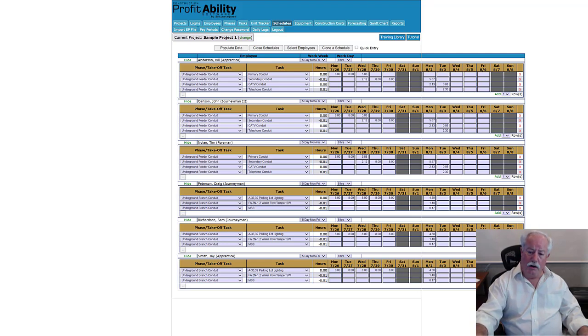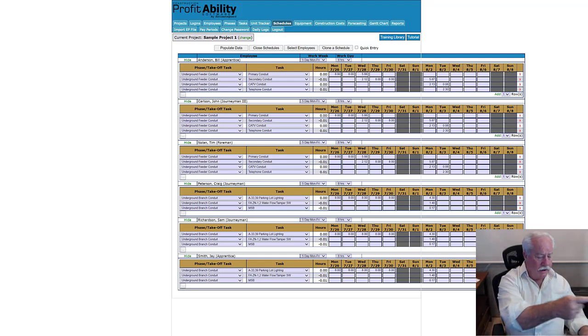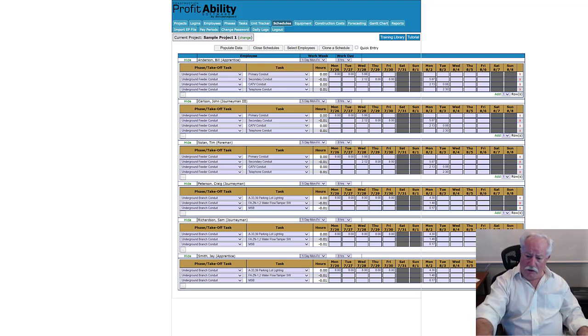nice, smooth flow. And if you're experiencing chaos here, if putting this schedule together and managing it is difficult, then you need to understand that your project's difficult too. The chaos that you experience here is what's going on out in your field. That's why you need to keep this calm and settled and moving with a good flow. Because if it's not flowing here on this computer screen, you can damn sure bet it's not flowing out there